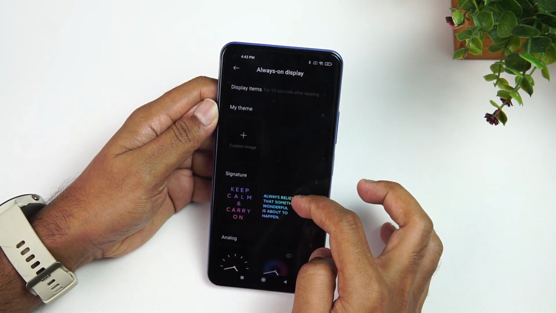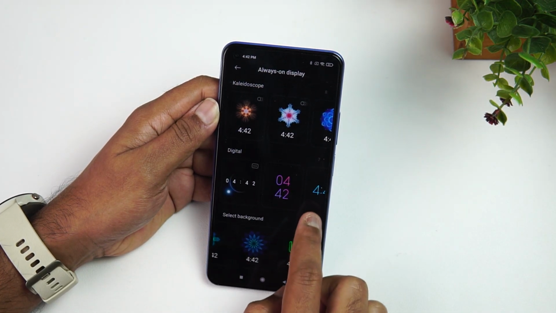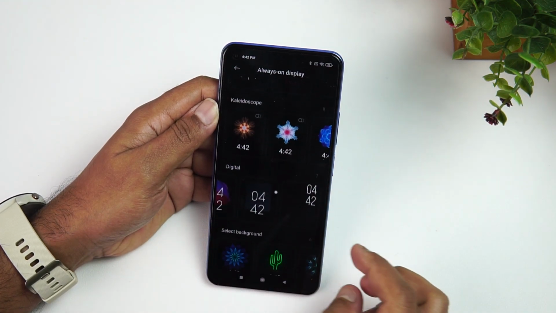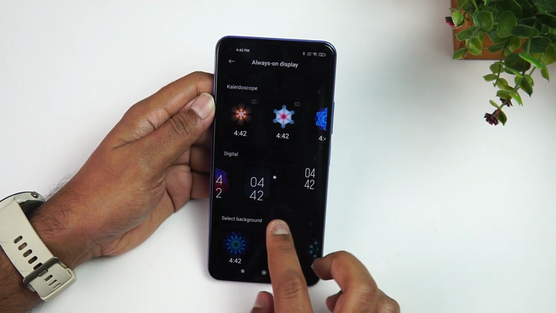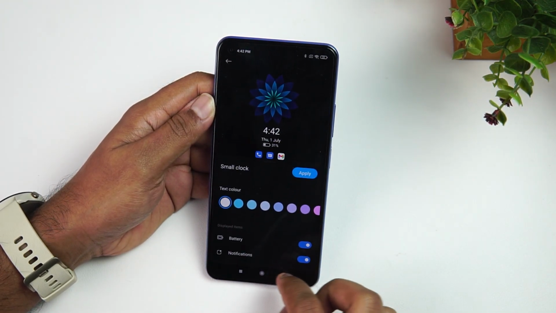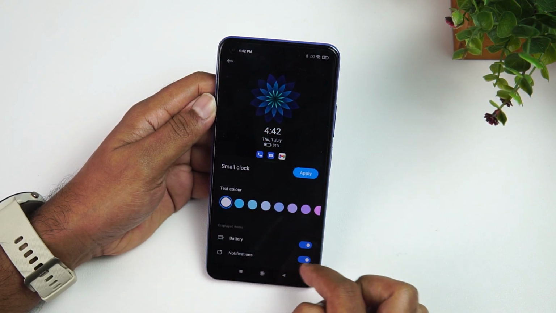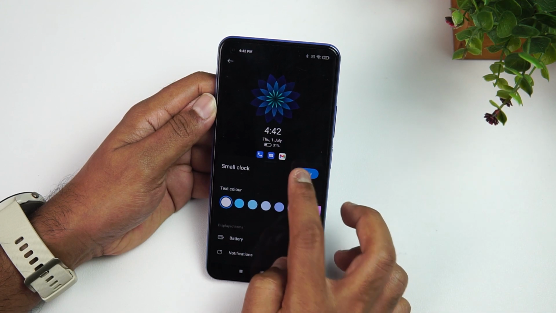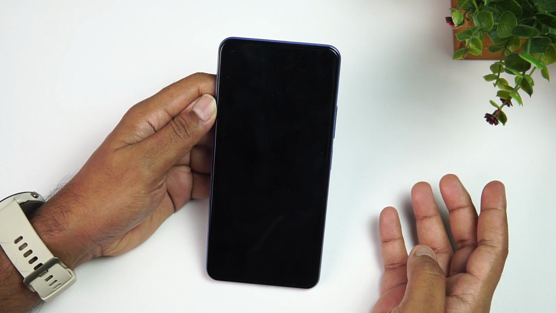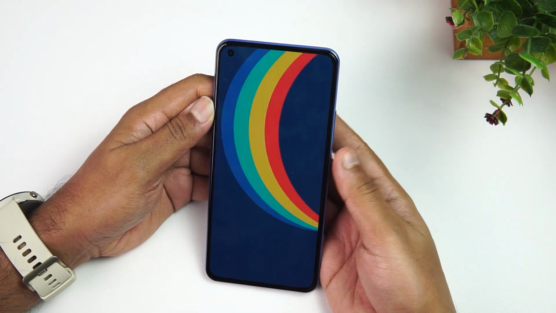Now we can see that there are different themes available. So analog clock, then digital clock, you can also select the background, so a lot of options are there. So these are some options included, so you can basically customize how you want the always on display to appear on this device. So that's the always on display. So we'll just show you this. We have selected, you can see here you can select the colors of the text and a lot of things, what all information you require. So just click apply and this is applied. So there you go, you can see that always on display in action. So that's the always on display.